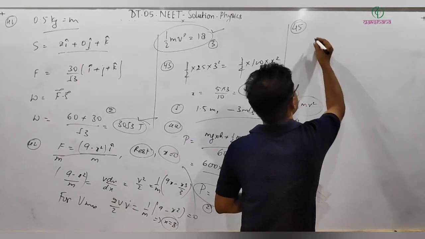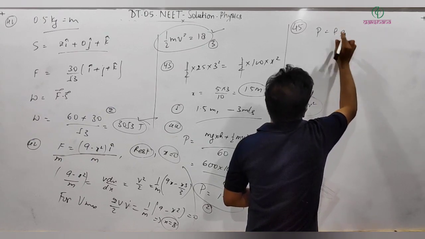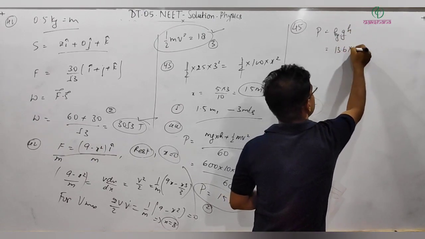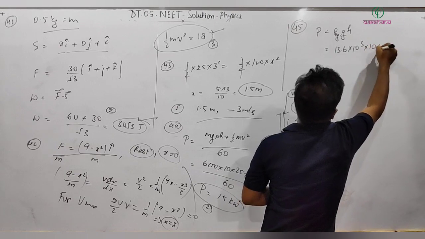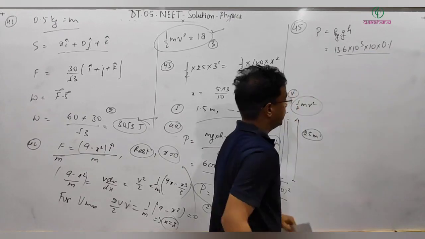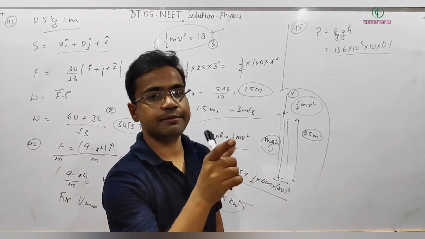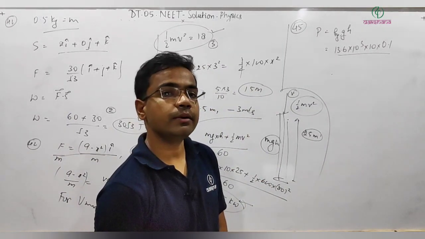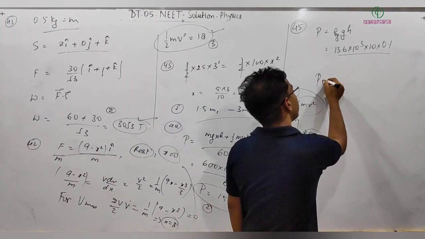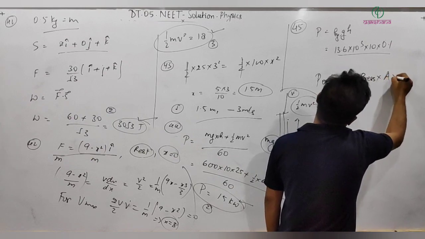So now here I can write, pressure is equal to rho g h, where rho is 13.6 into 10 to the power 3, g is 10 and h is 10 centimeters, so it means 0.1. So this is the pressure. Now power is pressure multiplied by area, which is force, and force multiplied by displacement x is the work done, divided by t. Then x by t will be your velocity. So I can write power is equal to pressure multiplied by area into velocity,